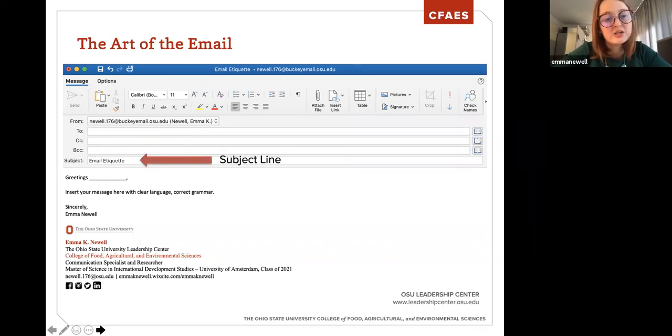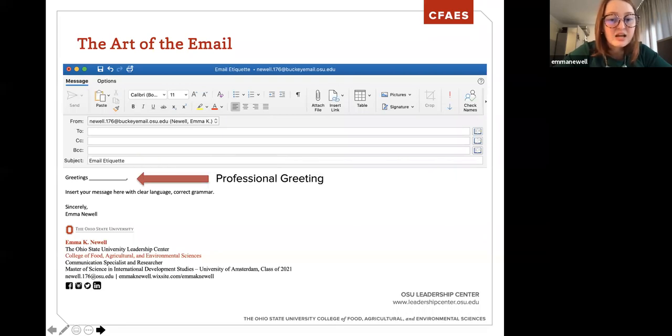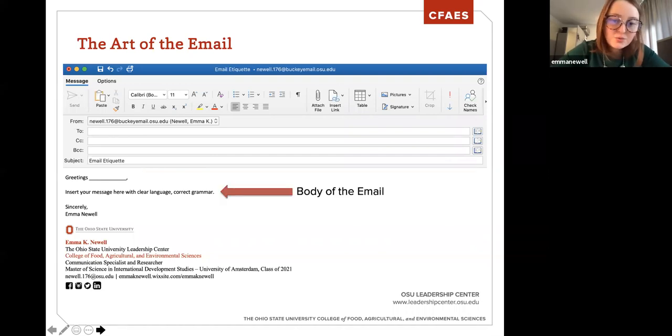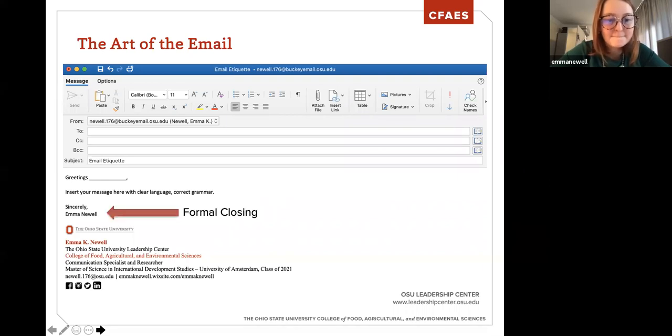Then you can go ahead and put in your subject line, making sure that it's clear, to the point, short. That's what will show up after your name. Then offering a professional greeting. I always like greetings. It's very open and warm and easily flowing. And so then you can put the person's name within that. Then you will go ahead and put the body of your email, inserting your message with clear language, correct grammar, spelling, punctuation, all those important and fun things right there in that body. And then also a formal closing. So sincerely, or go Bucks, or best can be examples of formal closings